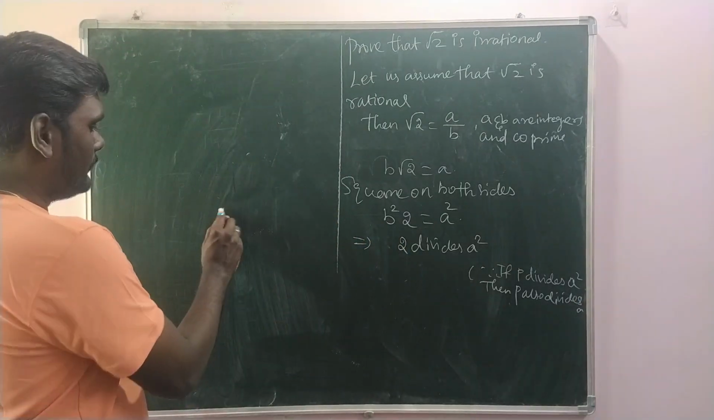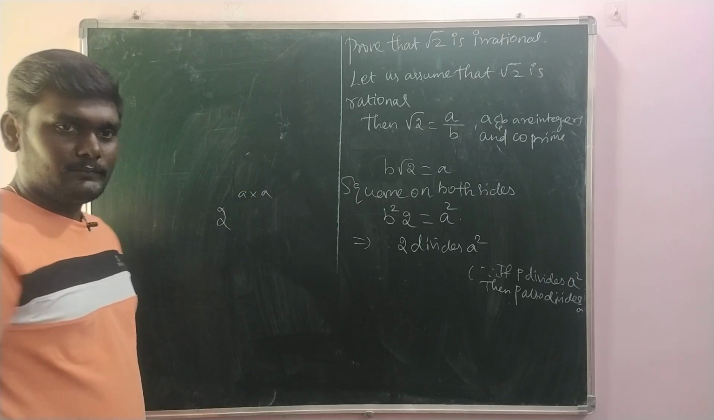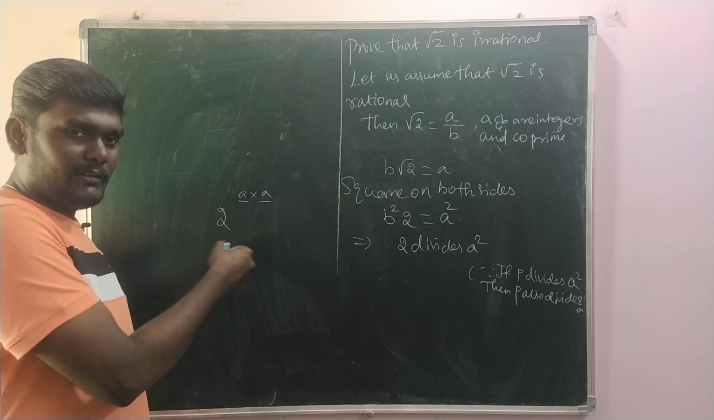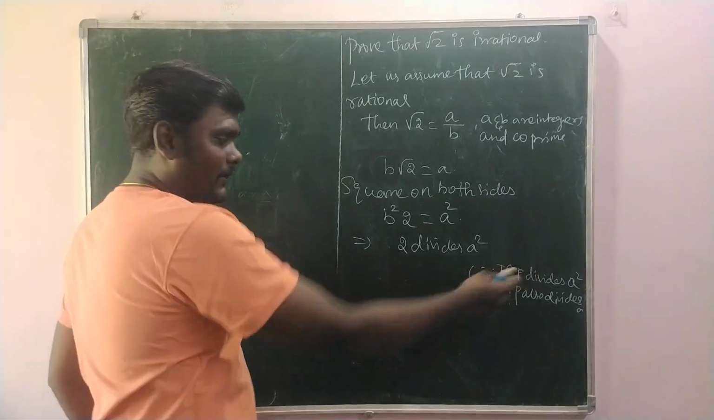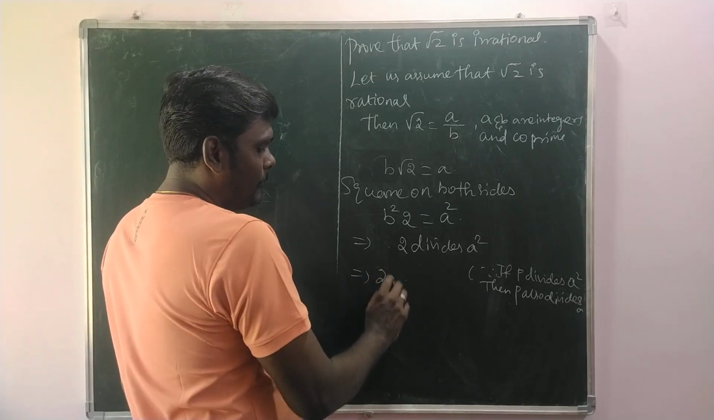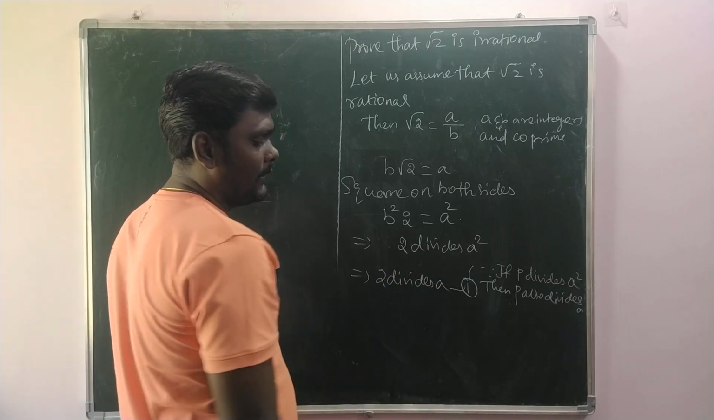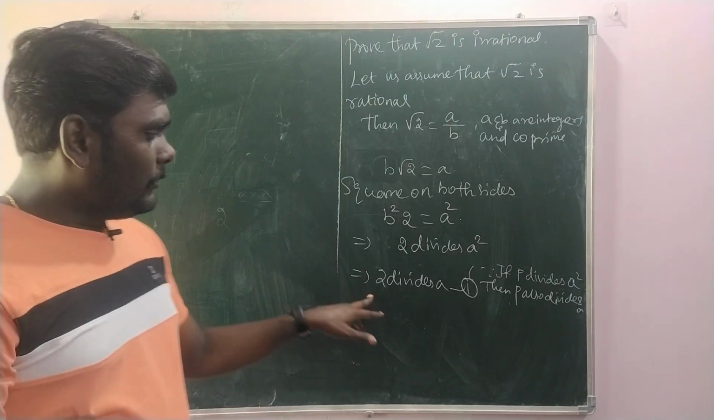Because technically 2 divides a square means it's a product of 2 a's. Is it? Which means each a can be divisible by 2. That is what it is. So 2 divides a square, and from this theorem we can say 2 divides a. We'll make it equation number 1. Okay. When 2 divides a,